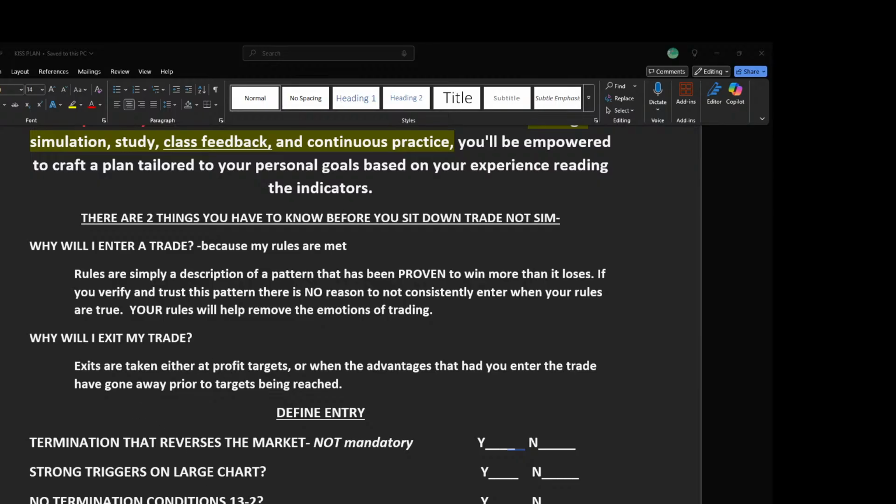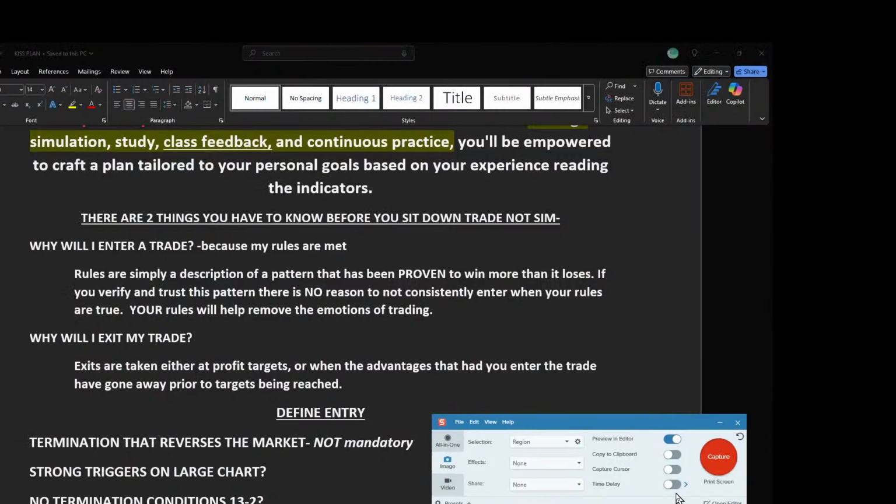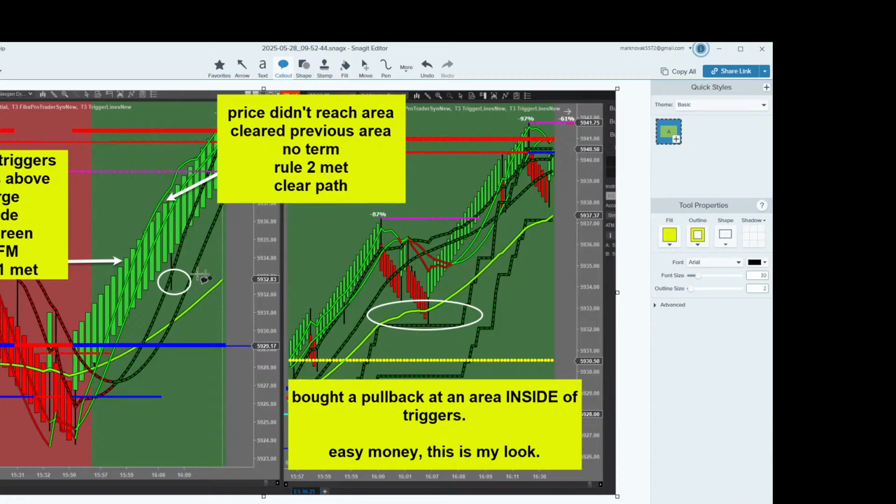And when you go back, guys, and you verify that the pattern is true, when you do this study and you prove to yourself,